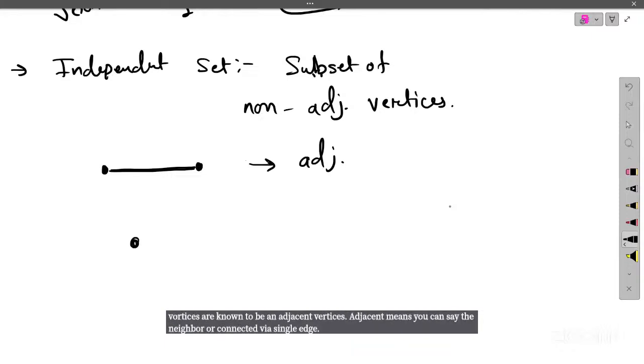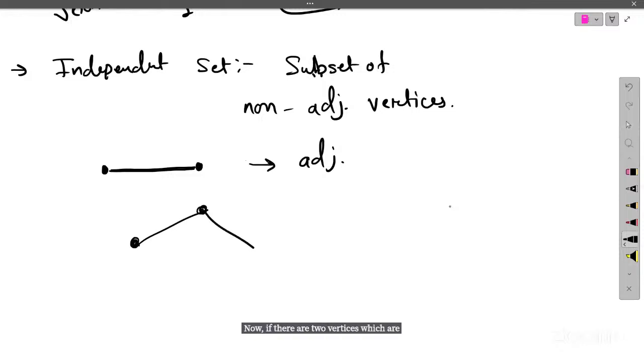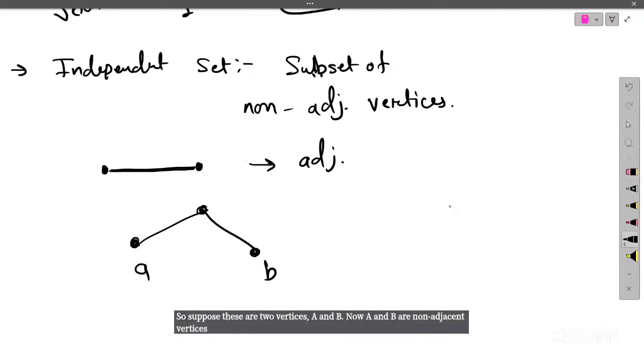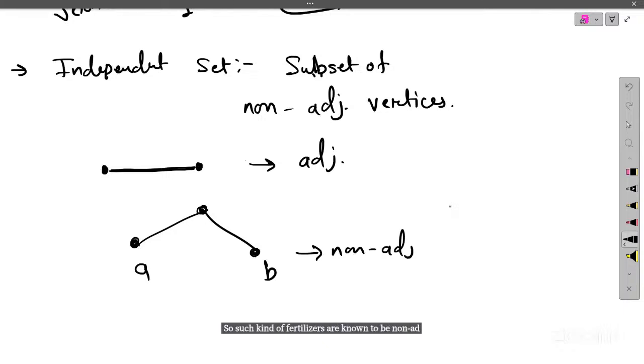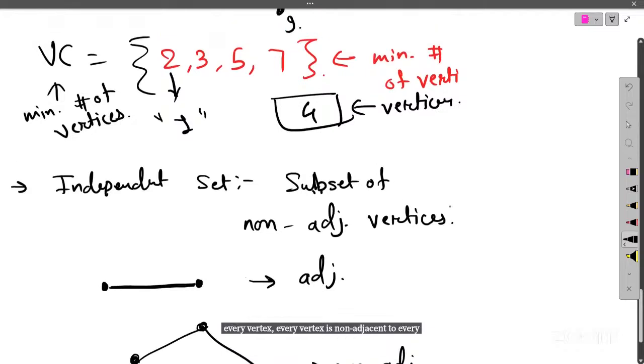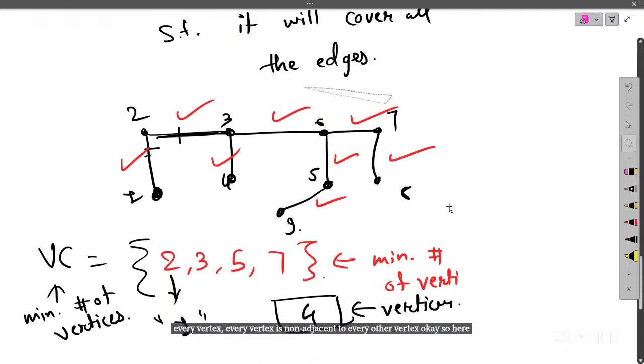Now, if there are two vertices which are not related by a single edge, suppose these are two vertices A and B, then A and B are non-adjacent vertices because they are not related by a single edge. Such kinds of vertices are known as non-adjacent vertices. So an independent set is nothing but any subset of vertices in which every vertex is non-adjacent to every other vertex. Okay, so here, if you consider this example,